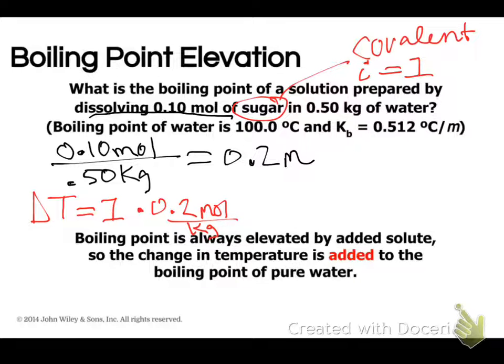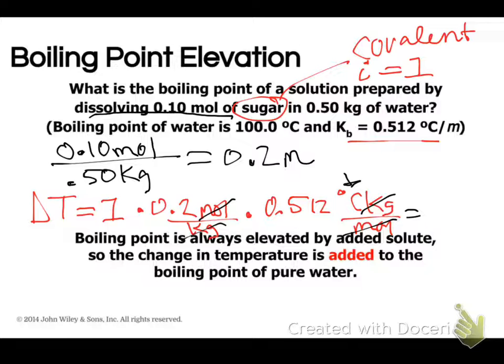More information is always good. And then this is boiling, so we're going to use Kb, which is 0.512 degrees C. And it says per m here, but the prior slide listed it like this. Either way is fine. But this means kilograms is going to cancel and moles is going to cancel, and that leaves us with just degrees Celsius. All right, so we go 1 times 0.2 times 0.512. And we get a change in temperature of